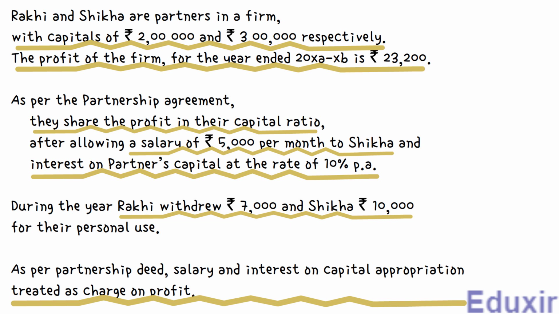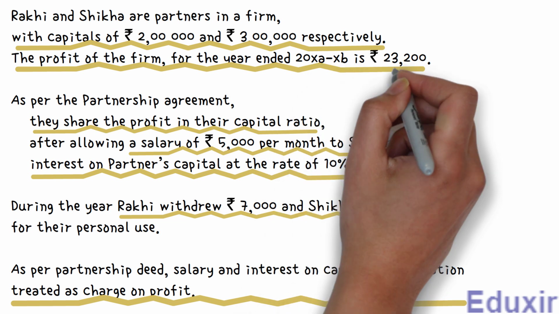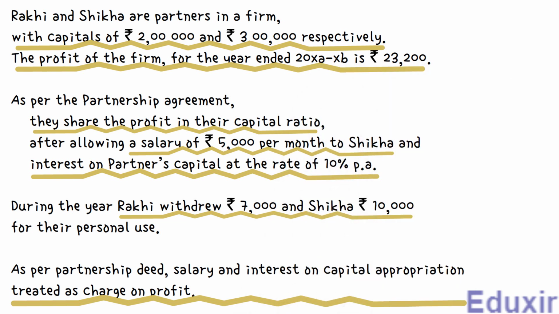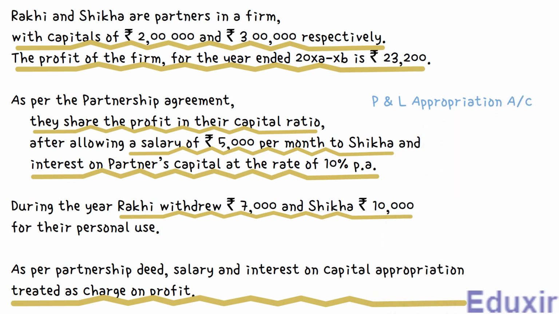It is given in the problem that the profit earned during the year is 23,200 rupees. Now, if you recall, the profit earned by the business is nothing but a credit balance in the profit and loss account, right? So, for distributing the profits, we should transfer the profits from the profit and loss account to the profit and loss appropriation account on the credit side. Also, as we are transferring the profits out of the profit and loss account, we should debit the profit and